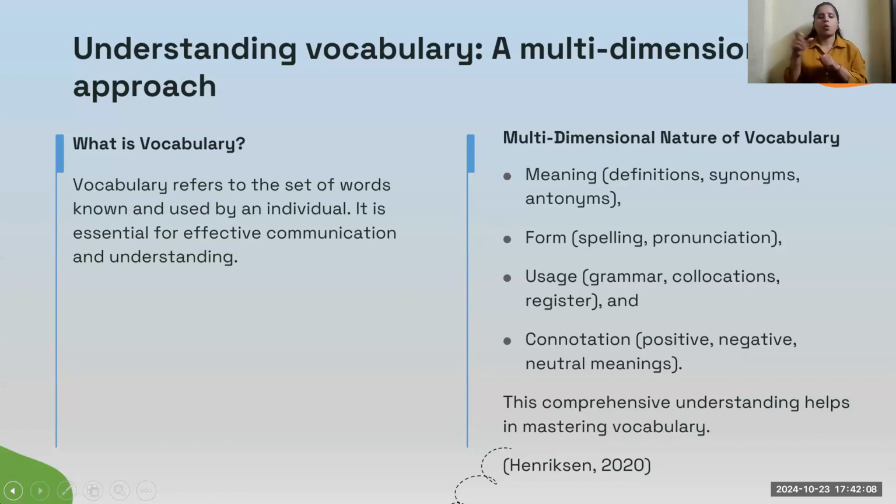And last but not the least, connotation. Words also carry connotations, and that implies they have emotional or cultural nuances associated with them. So these can be positive, negative, or neutral, influencing how a word is getting interpreted beyond its literal meaning. So keeping this approach in mind,